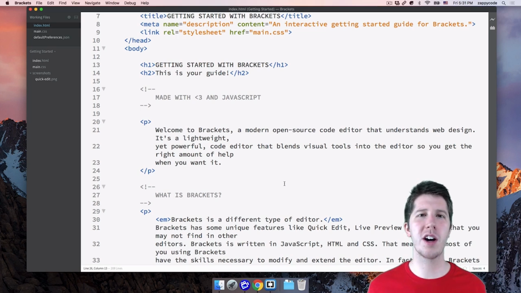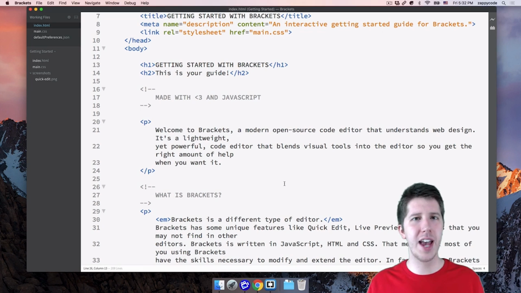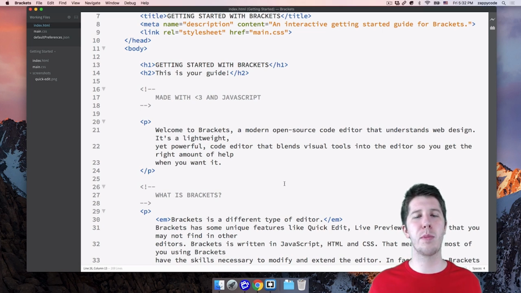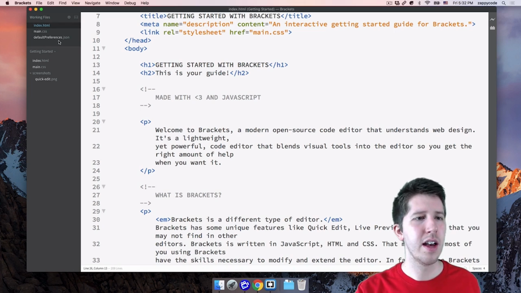So in this lecture, I want to cover some of the HTML basics. We're going to be talking a lot about these things called tags. Really, this is the foundation of HTML. And we're going to do this by creating our very first HTML project, which really is going to be our very first website. So we're going to go ahead and make a new file here in this Brackets editor.